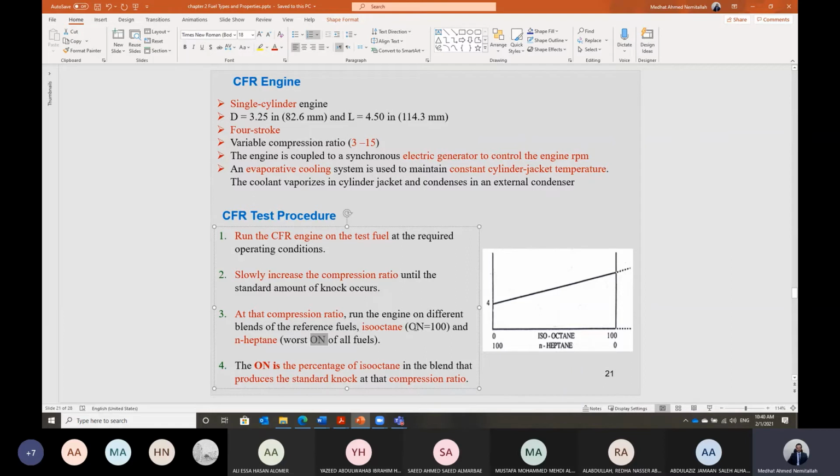So I will reduce the percentage of the isooctane fuel. Instead of 90%, let's say I will make it 89 or 88, and the remaining percentage will be N-heptane. Do we have the same amount of knocking that we have recorded for the test fuel at this compression ratio? If yes, then the octane number of this fuel is represented by the percentage of the isooctane in the fuel mixture of isooctane plus N-heptane that results in the same amount of knock at the